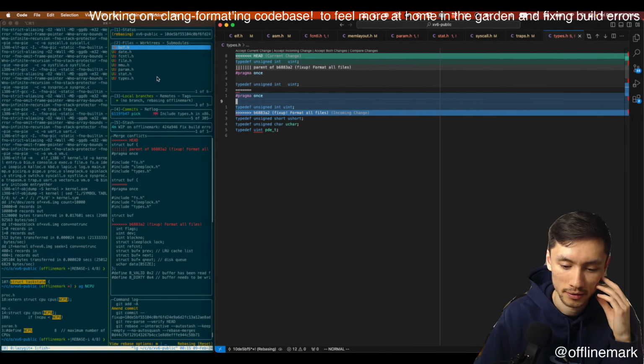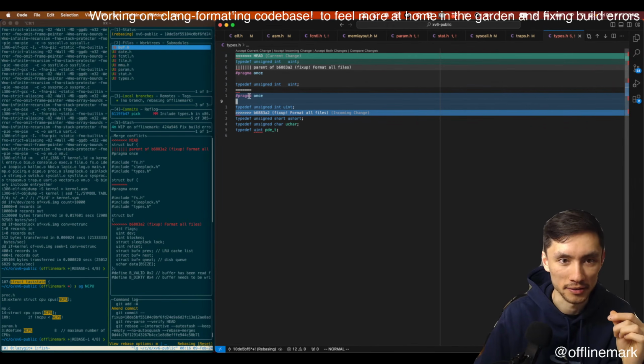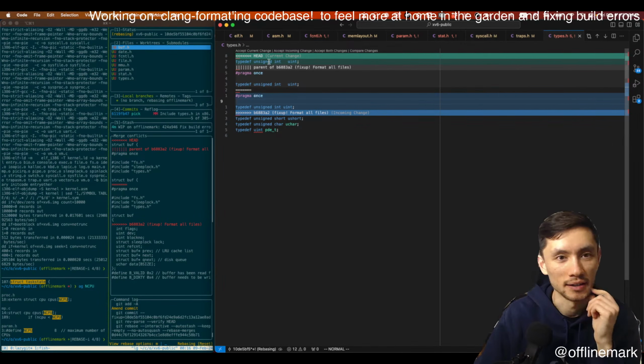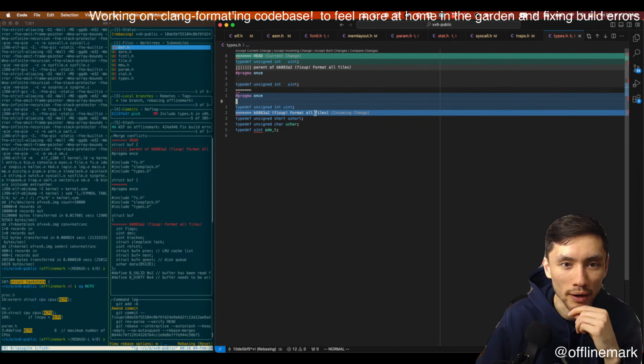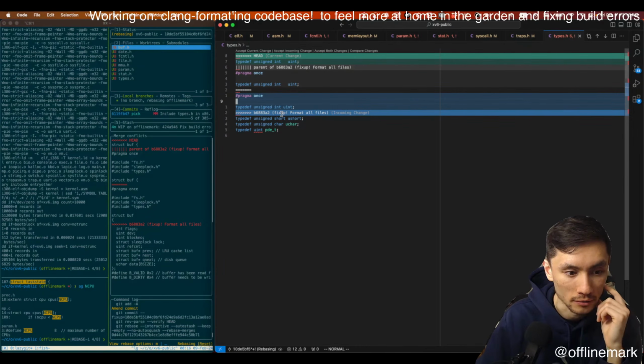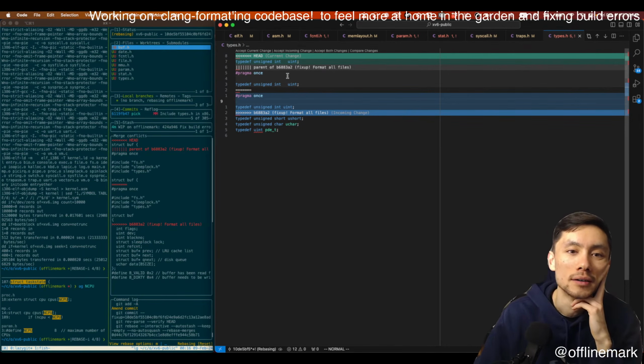I Clang formatted a ton of stuff. No, first I changed a bunch of headers and added pragma onces everywhere. Then I'm a little bit lost in terms of where we are here, it automatically did a rebase. I'm pretty confident that actually just the incoming change is the one I want though, which is kind of strange.